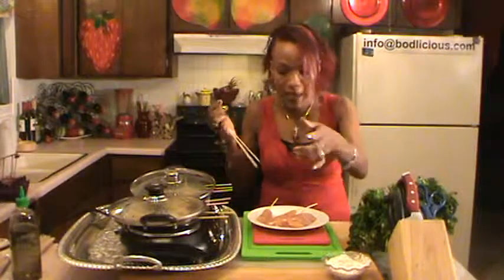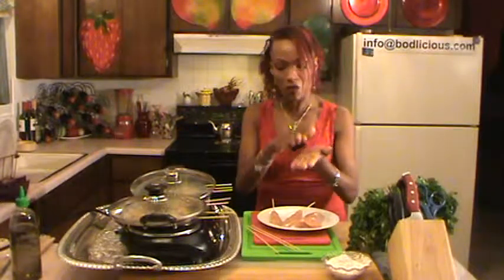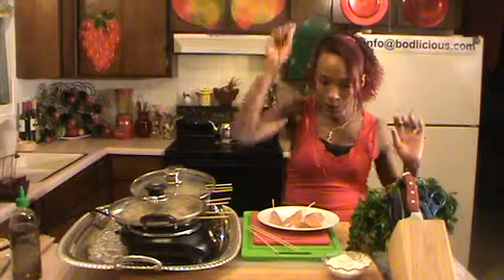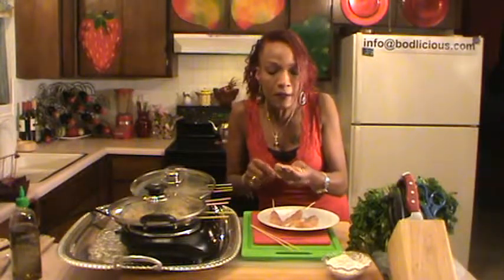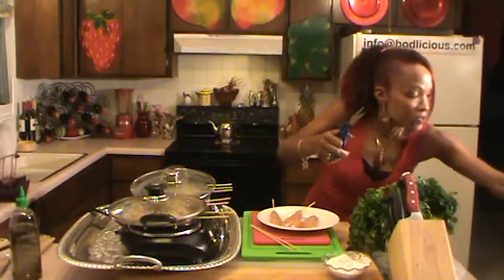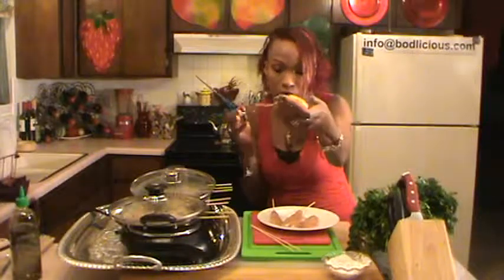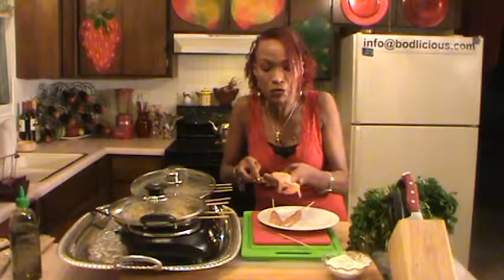Anyway, what you do is you take a chicken tenderloin, you set your skewers aside, and you work one hand with the chicken, the other hand with the skewers. I take my chicken tenderloins and simply insert the skewers into the center of the tenderloins. If there are any gristle parts protruding out, I use scissors, chicken shears or regular scissors will do. And notice I'm only touching the chicken with my left hand, and my right hand is touching the skewers. And I continue to do that